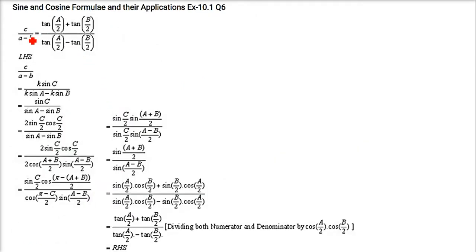Now you have c/(a minus b) equal to tan A/2 plus tan B/2. You have to prove this, with the negative here. So just put c as k sin C, a as k sin A, and b as k sin B. Here k you can take common, so it gets cancelled. Sin C by sin A minus sin B. So sin C can be written as 2 sin C/2 cos C/2, and sin A minus sin B you have to use the formula, that is 2 cos (A plus B)/2 sin (A minus B)/2. So as I told you earlier, this